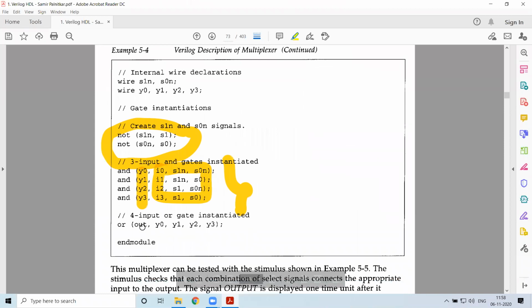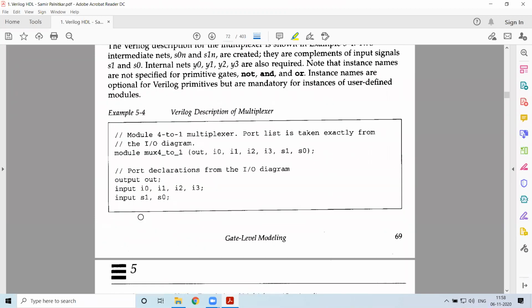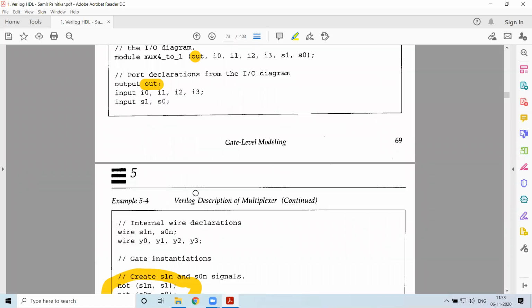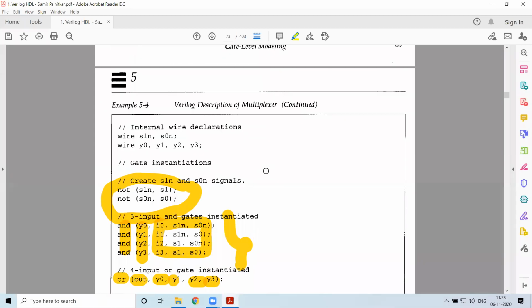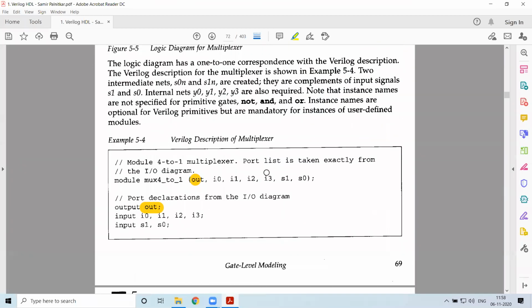Output of the OR gate is your final output. And the input is nothing but the output of these AND gates, that is Y0, Y1, Y2, Y3.